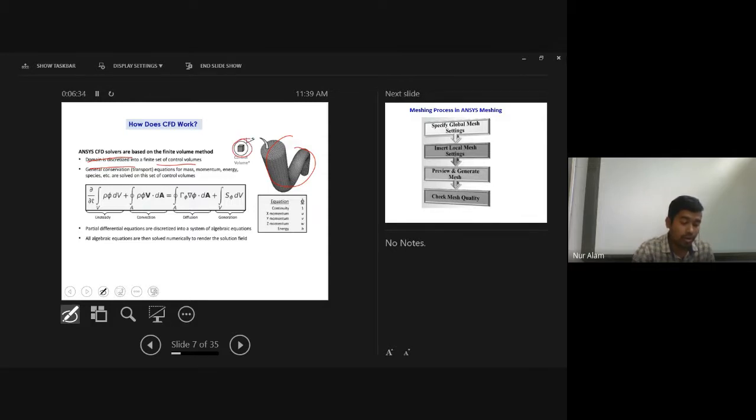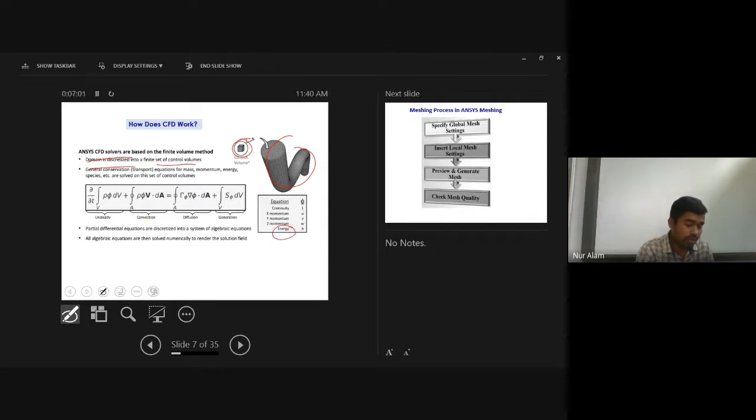Now, here is how CFD solves all the conservation equations based on our problem. If your problem is a fluid flow problem, then there will be a continuity equation and momentum conservation equations. If heat transfer is also there along with the fluid flow, then another equation comes into the picture, your energy equation.